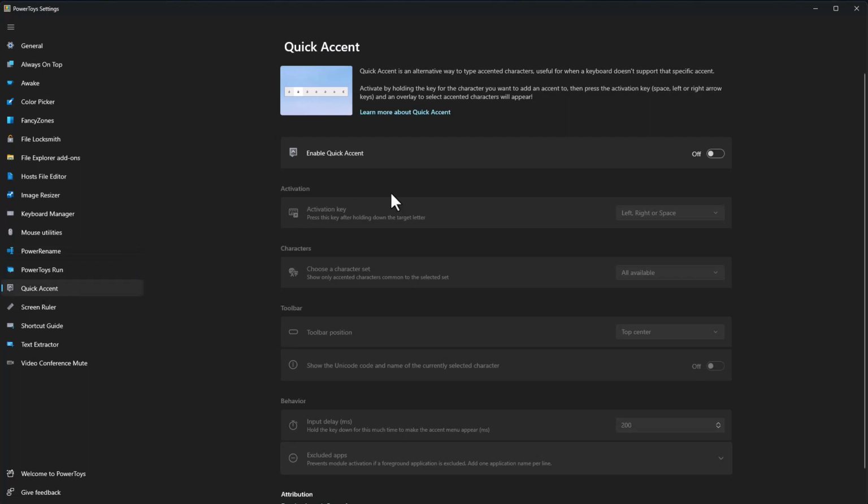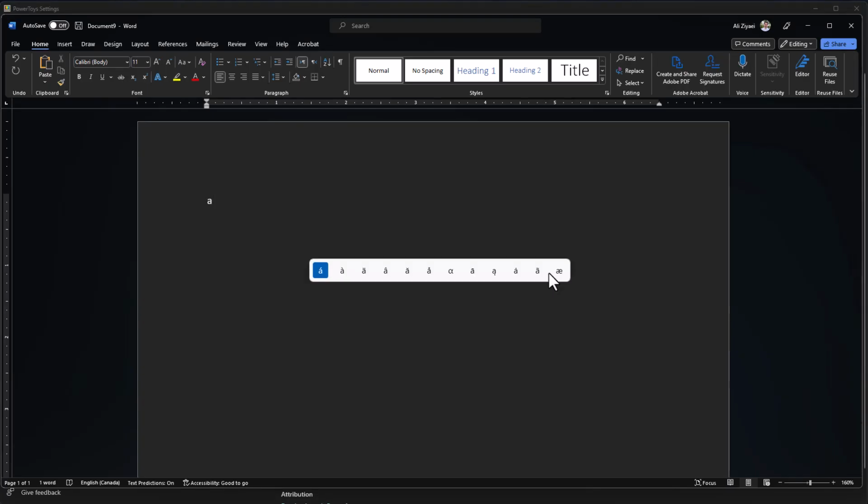Quick Accent is an alternative way to type accented characters. Users find this super helpful when their keyboards do not support a specific accent. This utility is turned off by default, and if you would like to use it, you will need to turn it on. Once turned on, you can simply start using it by holding down the key that you would like